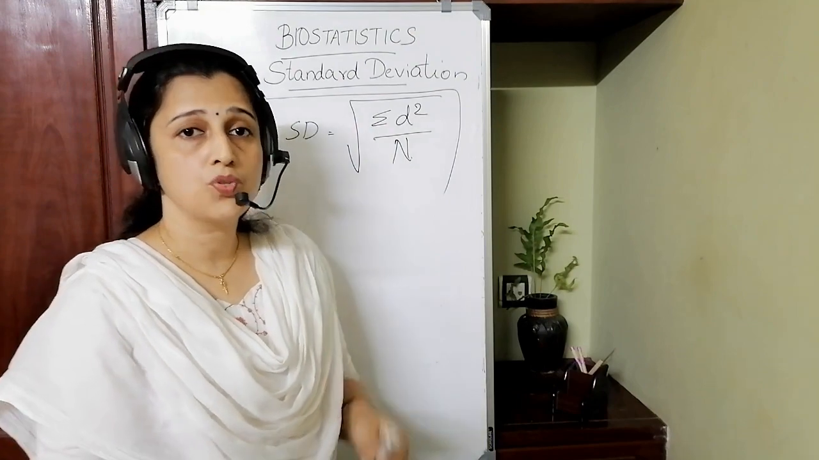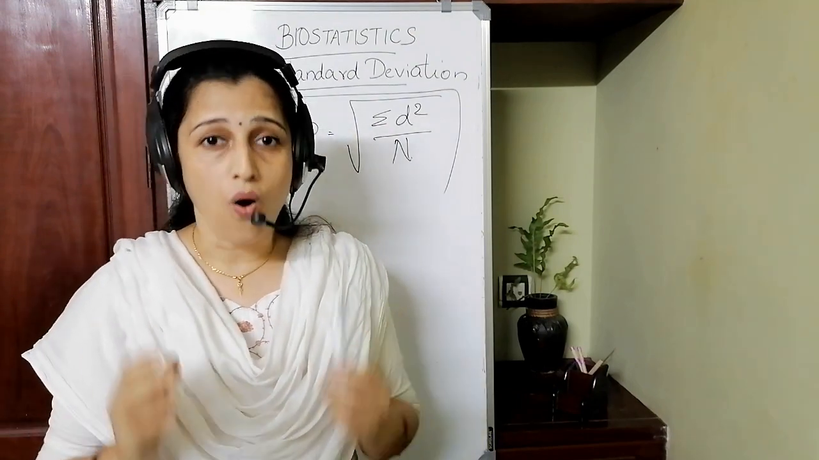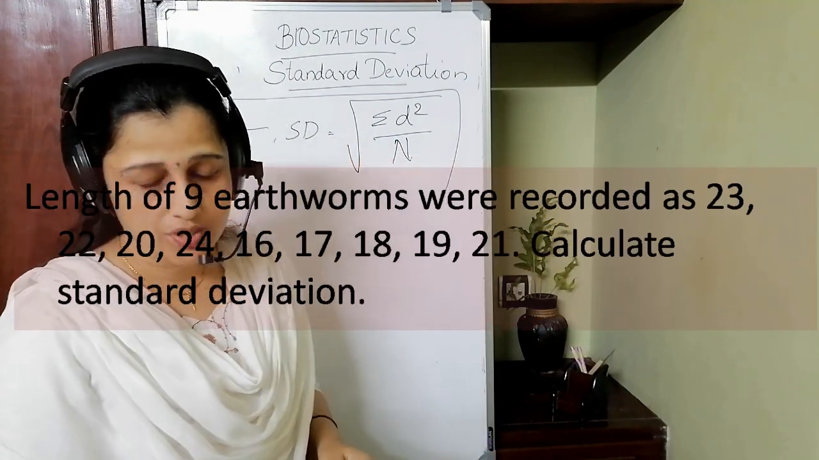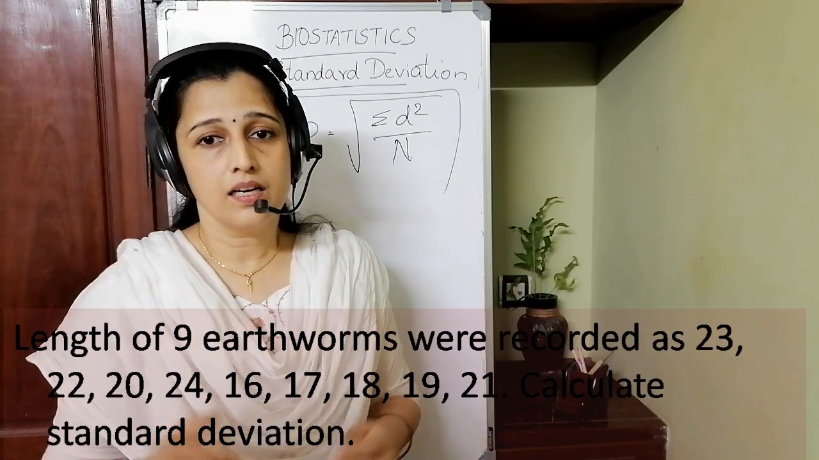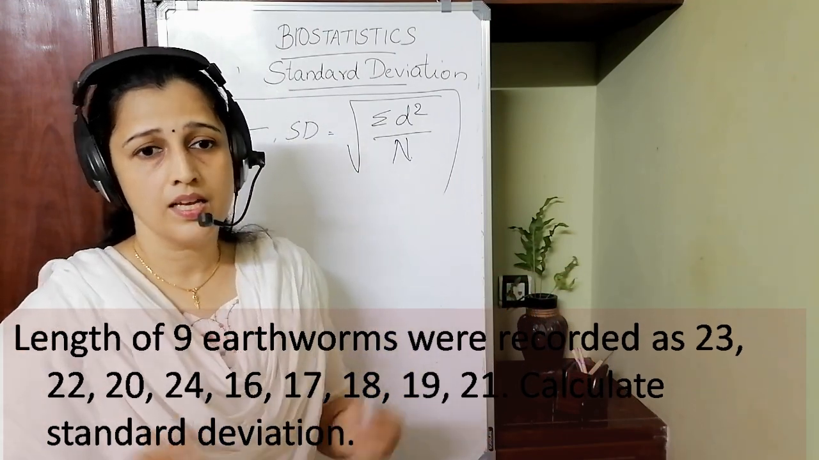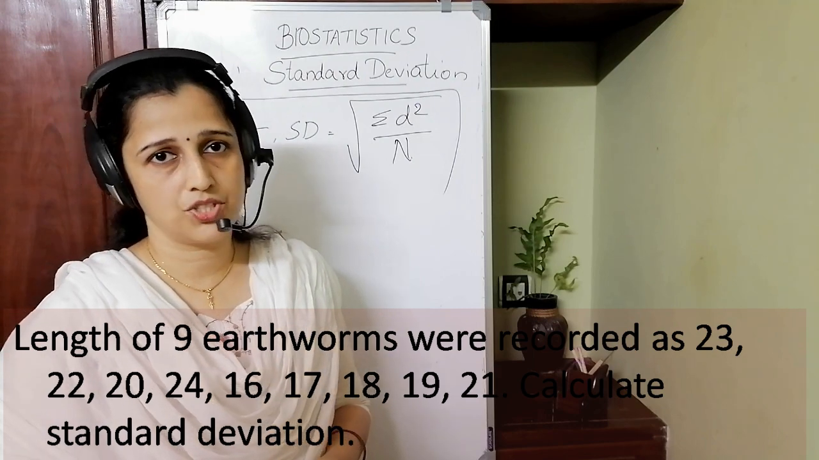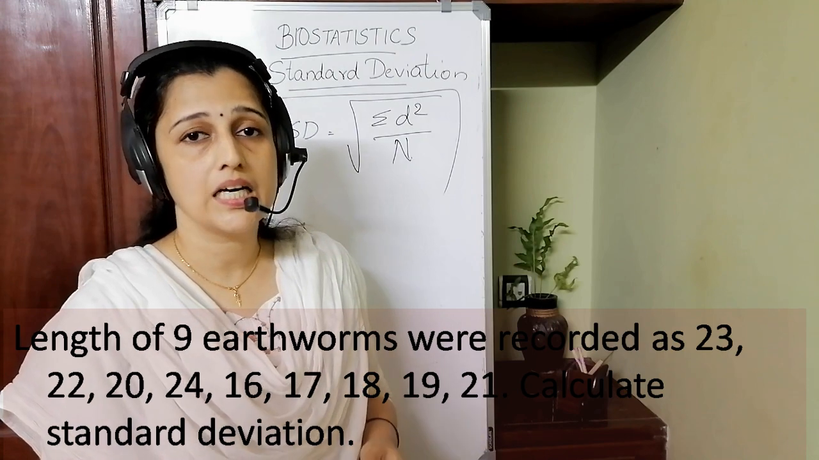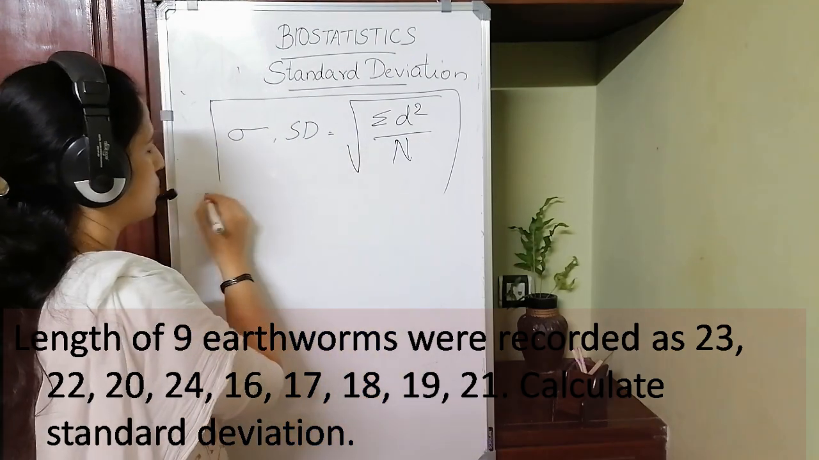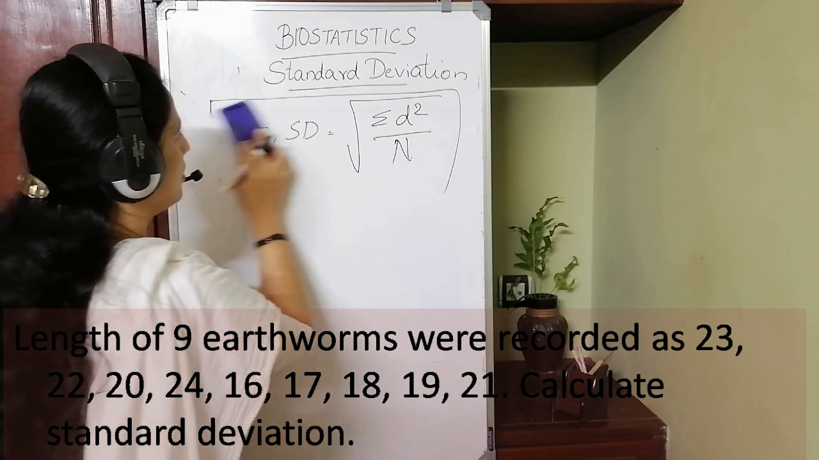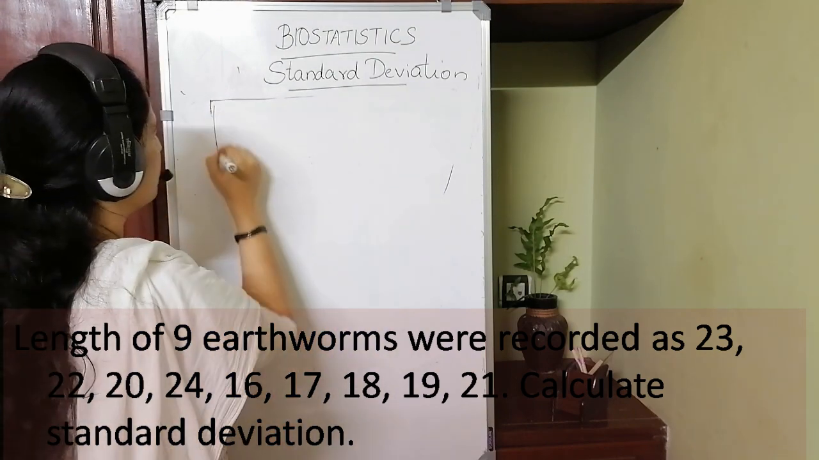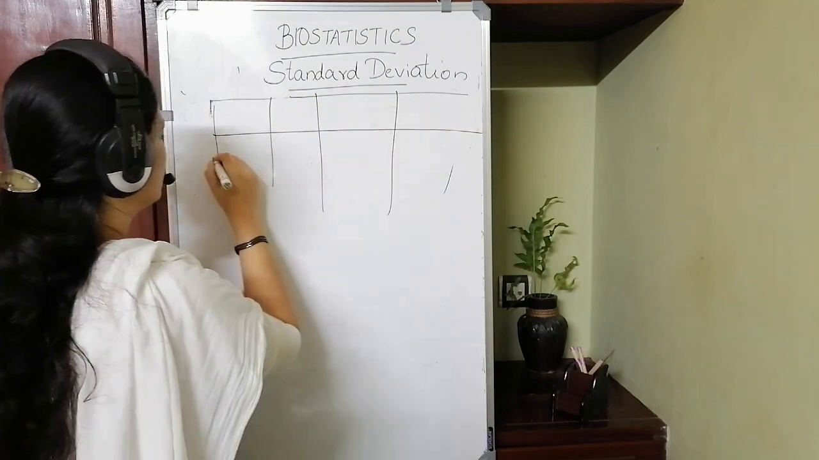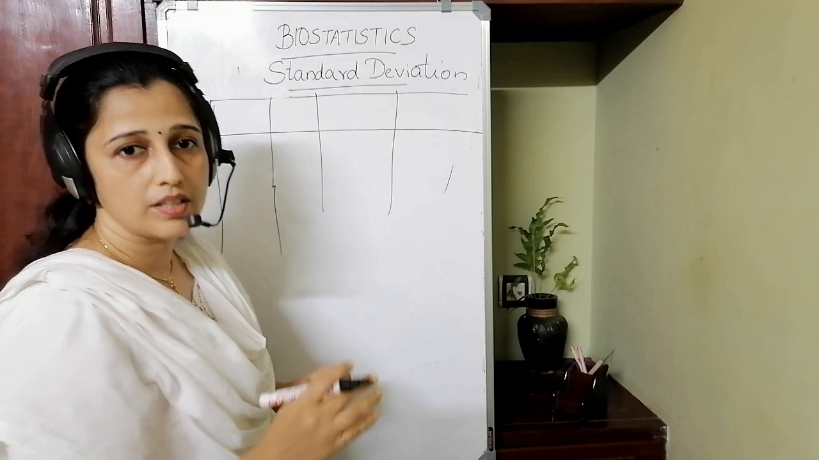Now let's see how to compute the standard deviation of ungrouped data. Here a question is given which shows the length of 9 earthworms, which is recorded here, and we have to calculate the standard deviation. For calculating the standard deviation, the first step is, of course, to make a table with 4 columns. First column for the variable,